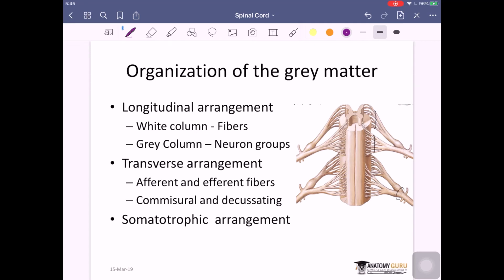Now what exactly is your gray matter made up of? You can see the arrangement. This is where the organization of gray matter is seen. So gray matter is arranged and white matter is arranged. The gray matter is arranged in the form of a column. If I can see the entire H as a 3D structure, this is one column, this is another column. These are arranged like columns extending from the top floor to the bottom floor. Whereas the white matter is arranged in the form of fibers. So there is a fiber arrangement in the white column, whereas a gray column is here.